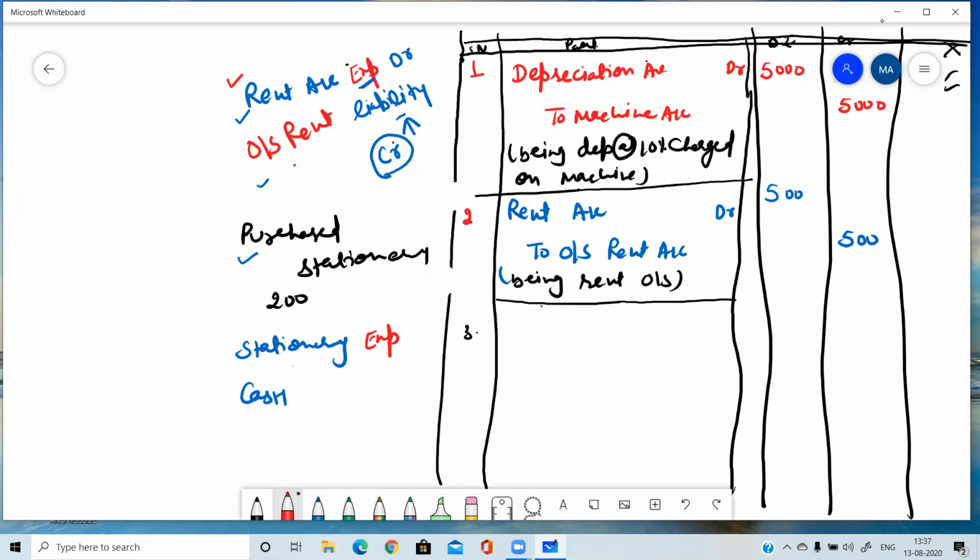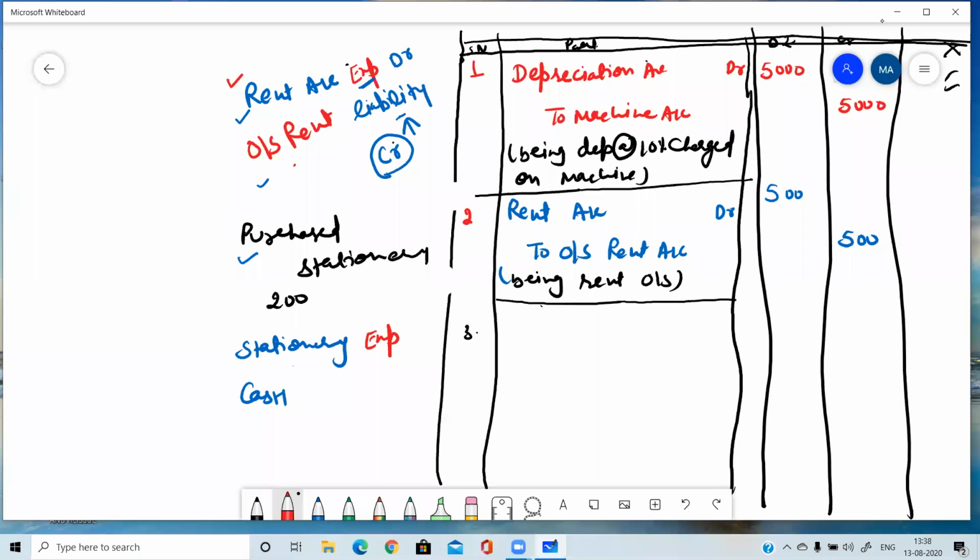Expense. And nature of cash... yes, it's not purchase account, Vaishali. What I told you about purchase: purchase and sales are two exclusive words which can be used only for what? Yes, everyone, please tell me. Only when goods are purchased or sold. Stationery is not goods. If you are purchasing goods, then in the question goods must be mentioned. So stationery is not goods here. So it is a type of expense.